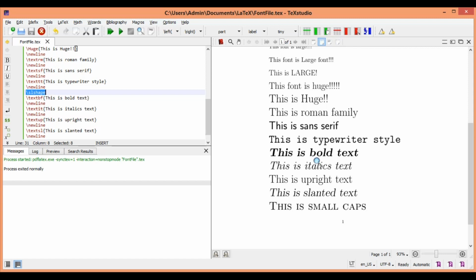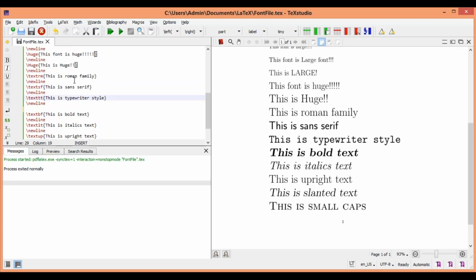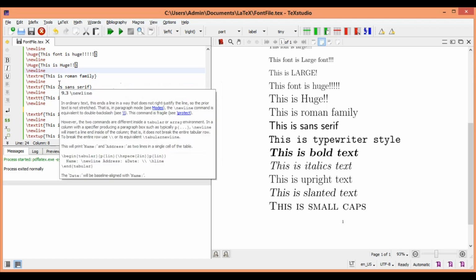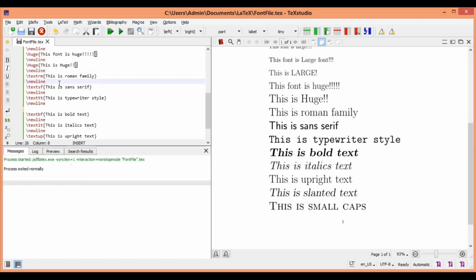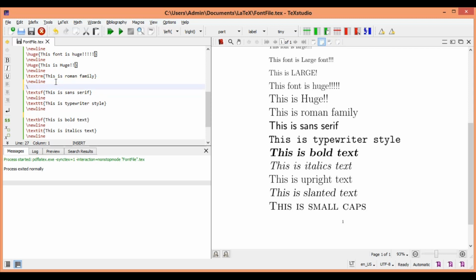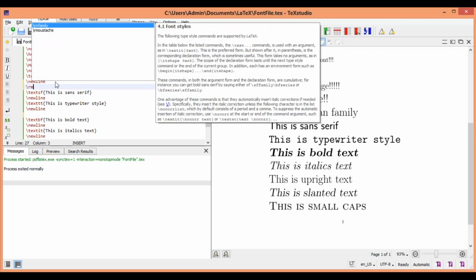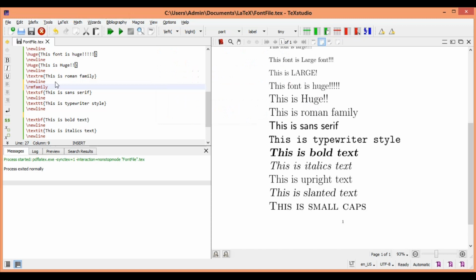Similarly, you can also do it for the font family, that is that we wrote Roman, sans serif, typewriter, etc. All of these can also be written with a switch command, meaning subsequently everything has to be in sans serif style or it has to be in typewriter style. Okay, now let us see the switch command for that. That is simple. You just say RM family because it is going to be Roman family.